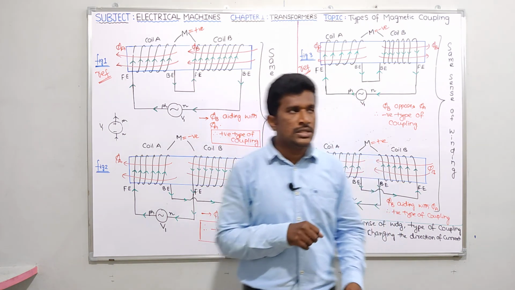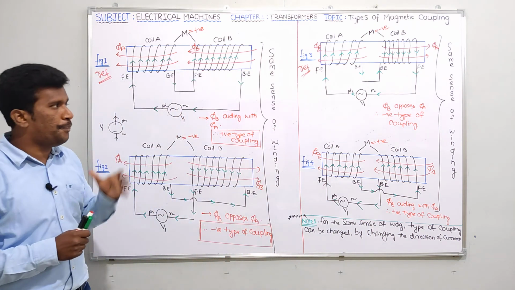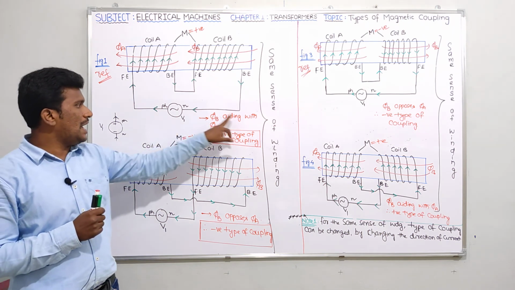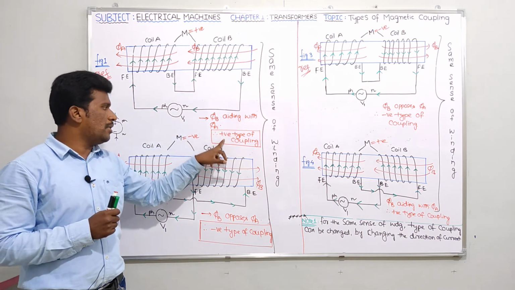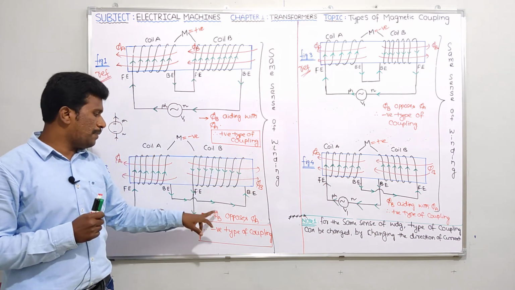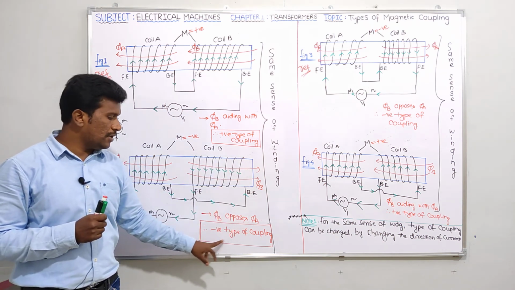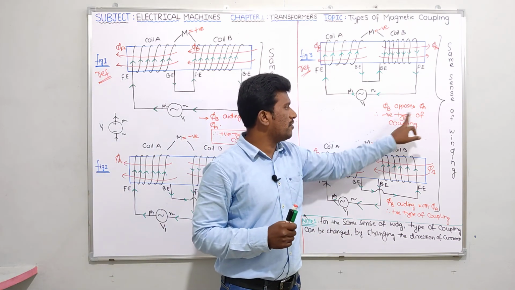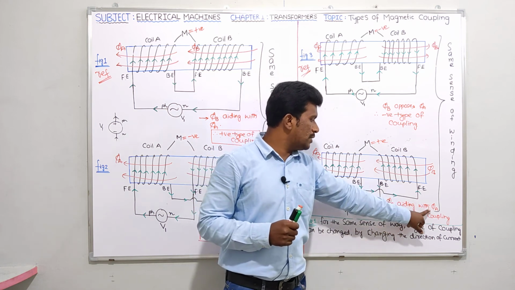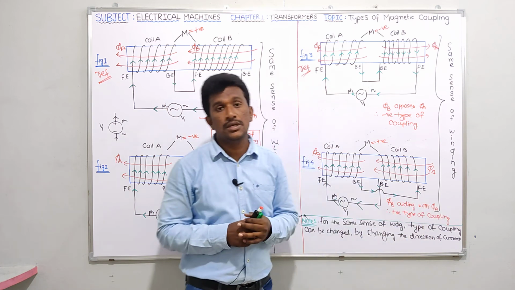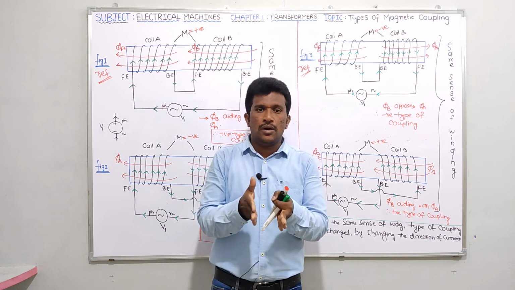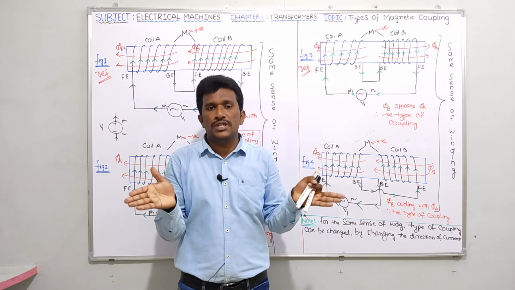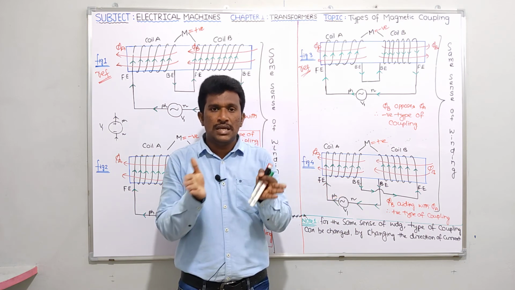And one more thing, see what is the definition you can give for a positive type of coupling in this session. See, if phi B aiding with phi A, we are saying it's a positive type of coupling. Okay, suppose phi B opposes phi A, you are saying it is negative type of coupling. You can use this, if you use these two figures the same. Phi B opposes phi A means negative type of coupling. Phi B aiding with phi A means positive type of coupling. That means if two flux are aiding with each other, we can call type of coupling as positive. If two flux are opposing with each other, then the type of coupling can be called as negative type of coupling.